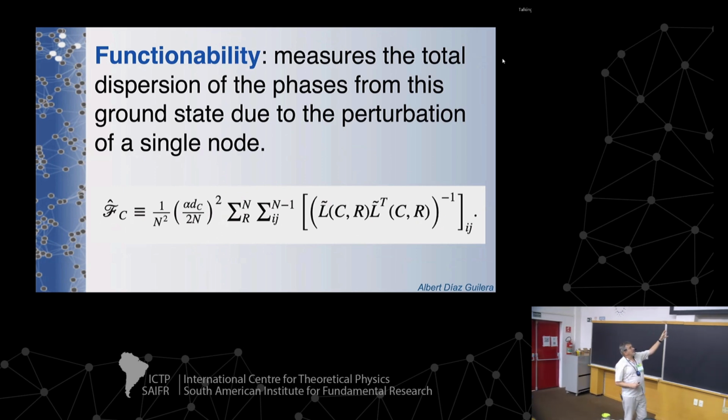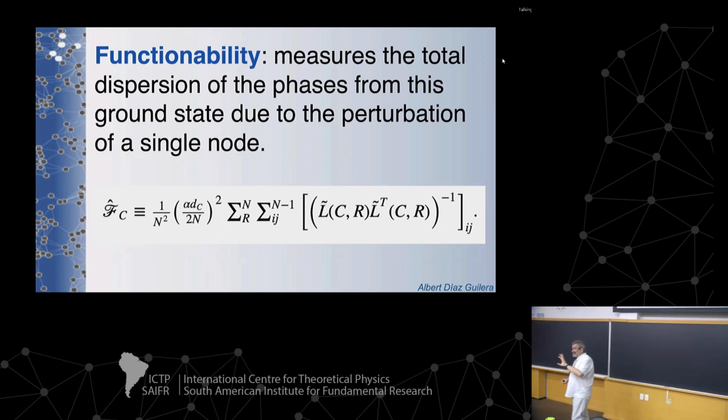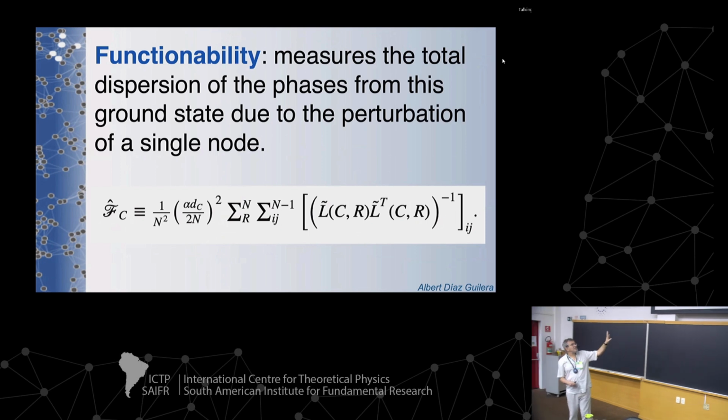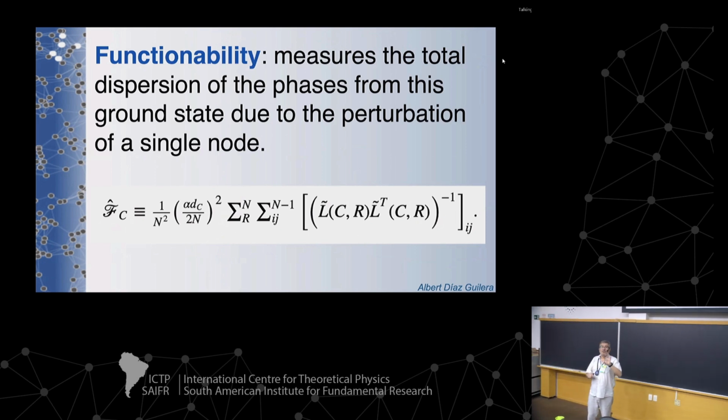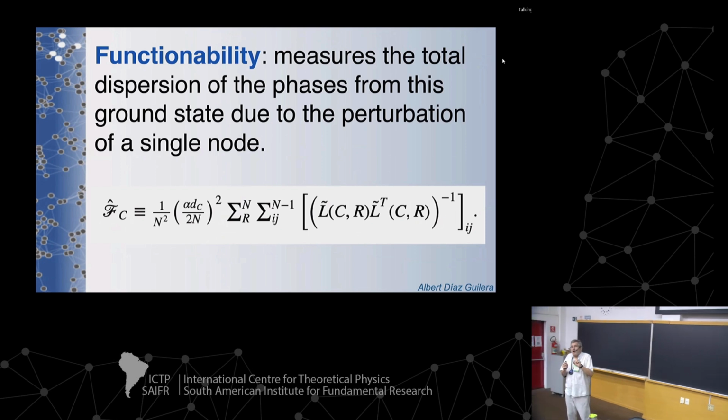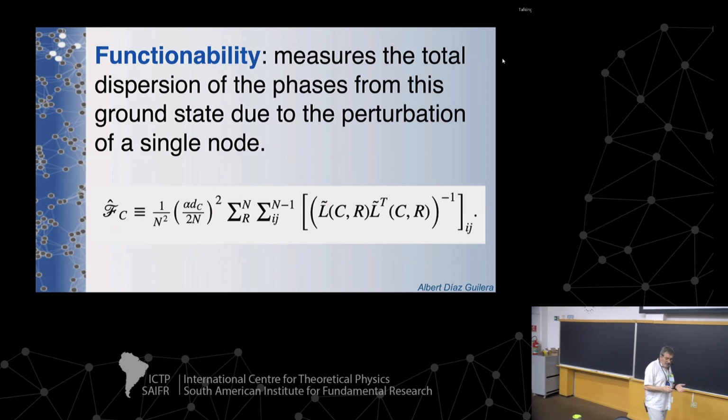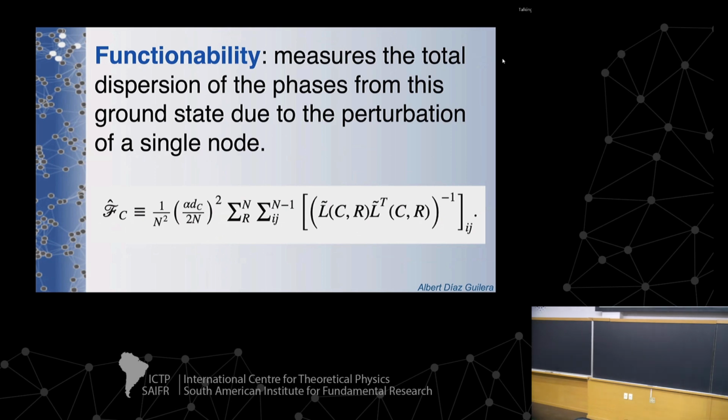So this looks like a very complicated expression, but it's only a topological expression because it takes into account only the contributions of the Laplacian, the reduced Laplacian, and things like that. From the topology, we can infer which are the roles of the different nodes in the network. So how important is a node, in the sense that when you change this node slightly, you can change different parts of the network? It was some kind of prediction of the role of these single nodes in the network.